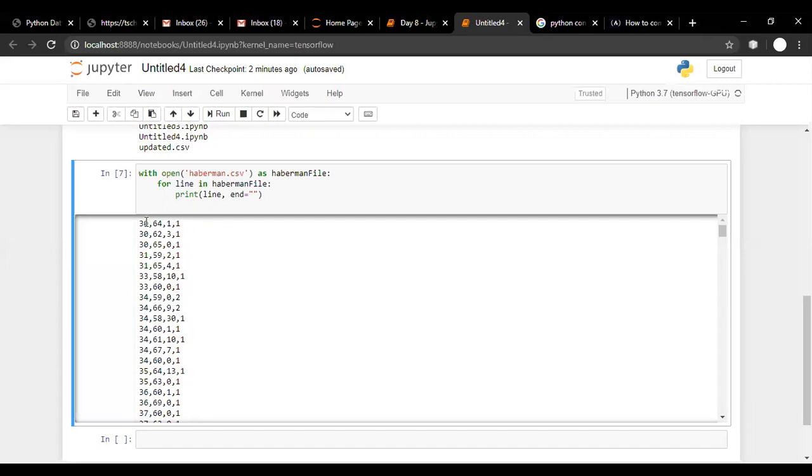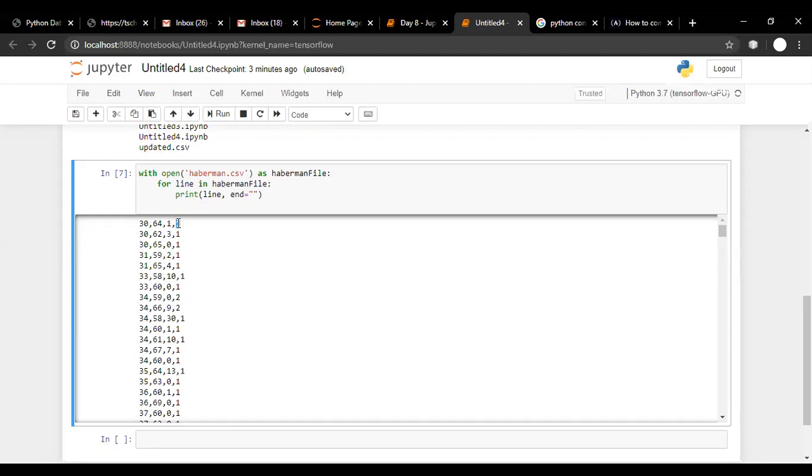So the first value specifies the age of the person who underwent the operation. The second value is the year in which the operation was performed. 64 means 1964, the operation was performed in 1964. The third means how many nodes were there in the breast.